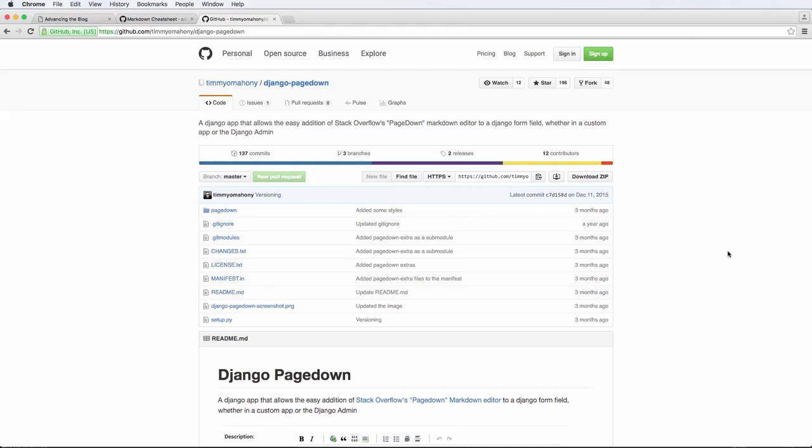All right, so in this one, we're going to be implementing a library called Django Page Down. This is emulating Stack Overflow's Markdown editor. It's really cool, actually, and the guys that put this together have done a great job, and I'm really, really excited to actually use this in our project because it just adds a whole level